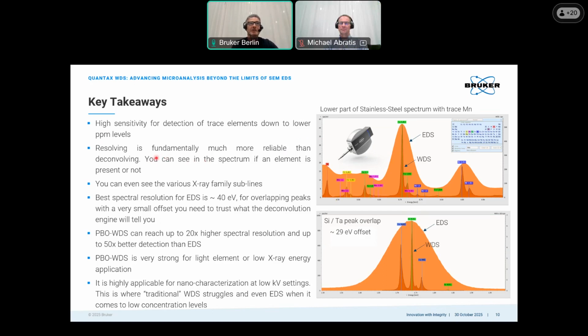We saw that resolving is fundamentally much more reliable than deconvolving. You can really see in the spectrum if an element is present or not. You can even see the various X-ray family sublines. The best spectral resolution, if you have a really good EDS detector, is not better than 40 eV. So for overlaps with a very small offset, you need to trust what the deconvolution engine will suggest to you. WDS can reach up to 20 times higher spectral resolution